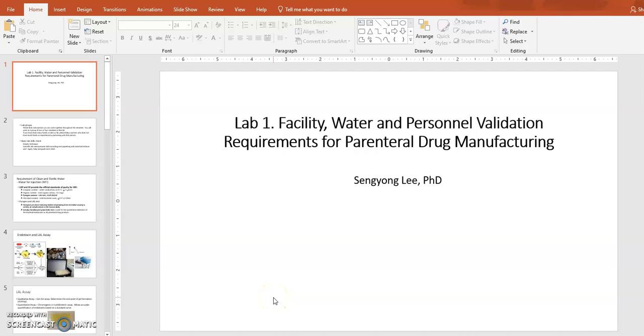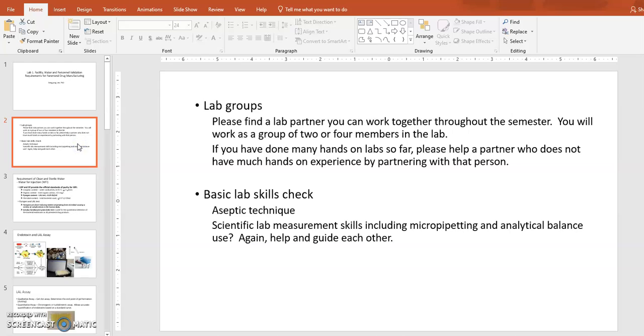Okay, lab one, we'll do a hands-on lab on the topic of facility, water, and personnel validation that are required for the parenteral drug manufacturing. So all these are part of the CGMP requirement, as we talked about in the lecture. Okay, so before you start the lab,